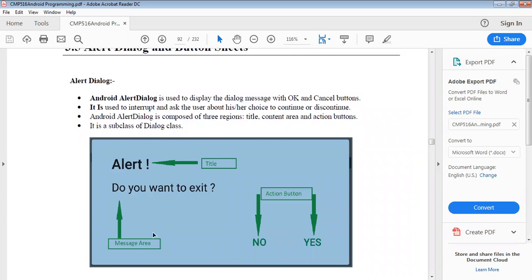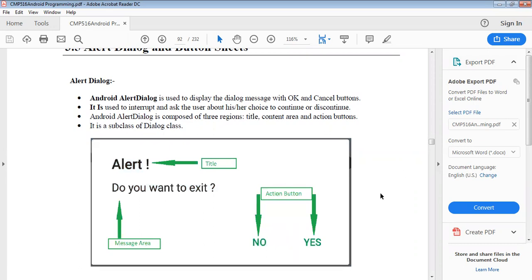Do you want to exit? is the actual message area. And here there are some action buttons, yes or no. This is a simple display of the alert dialog box.